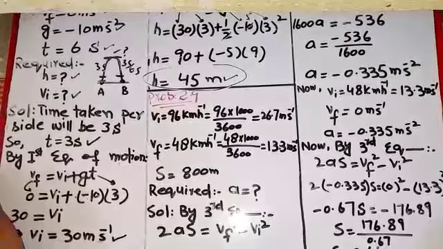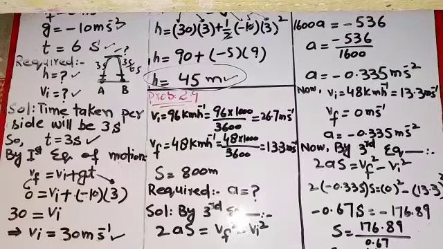Now moving to the next numerical, which is 2.9. The statement of 2.9 is: when brakes are applied, the speed of the train decreases from 96 km per hour to 48 km per hour in 800 meter. You can see that the initial velocity is 96 km per hour, the final velocity is 48 km per hour, and the total distance that the train covered is 800 meter. We have to find retardation,